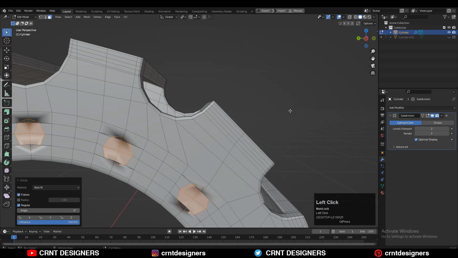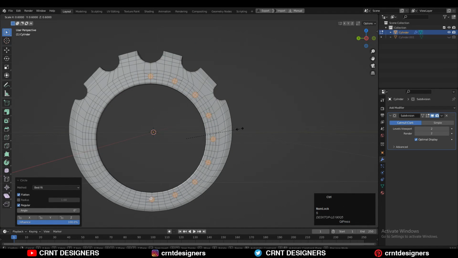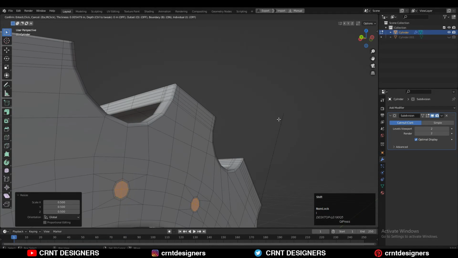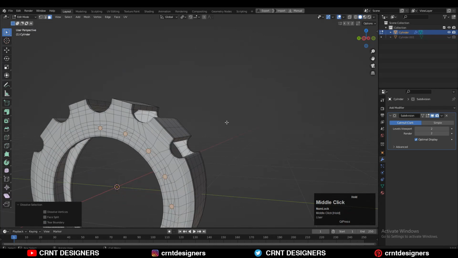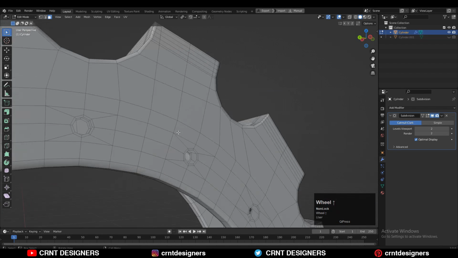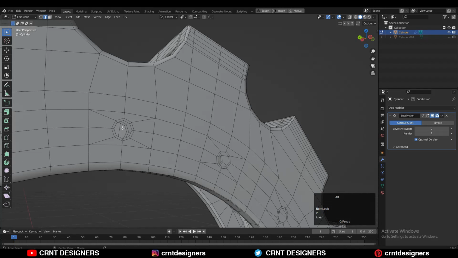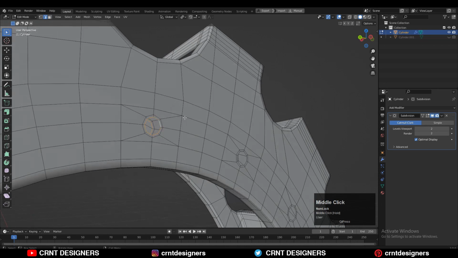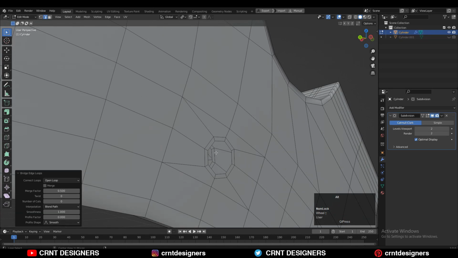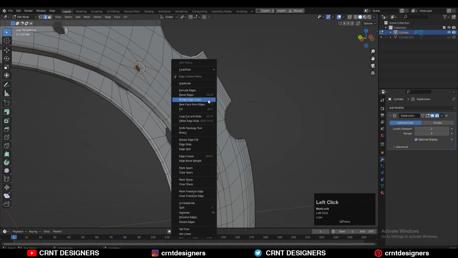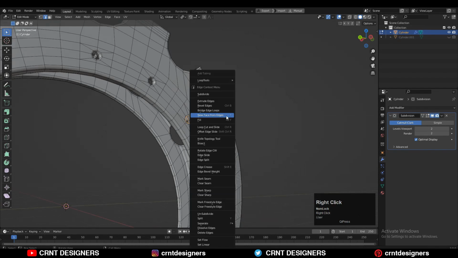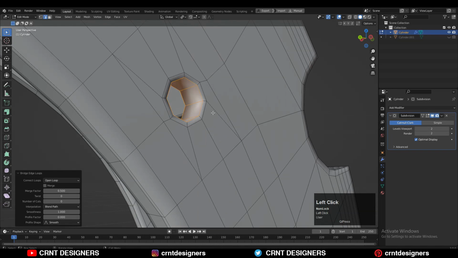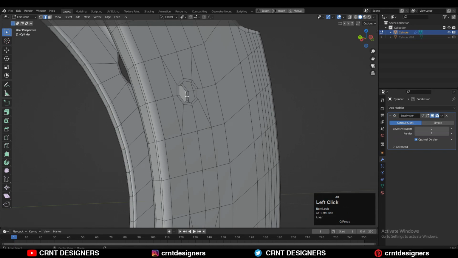And then you can use the insert operation, then loop tool, and then the circle option, and scale it down like this. And then use the insert operation one more time, and then you can delete these faces. You can't use the loft option there, you need to delete the faces. And then select these edge loops, right click, bridge edge loop, and create the faces in between these edges. So just bridge these edges.